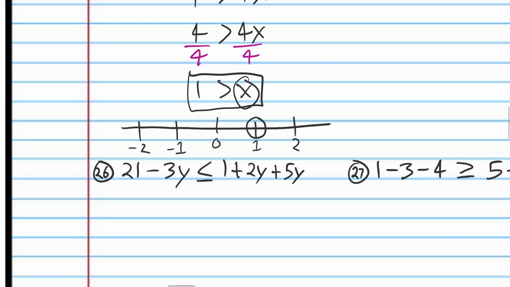X is smaller than 1 because Pac-Man wants to eat the bigger number. So 1 is bigger than all these x values. So x has to be less than 1. In fact, what this inequality is saying is that x can be anything. There's actually an infinite number of solutions